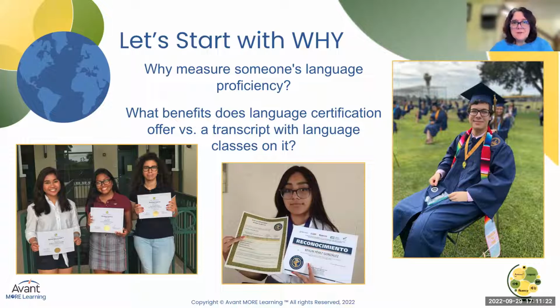And so it's much more specific. Measuring someone's language proficiency gives them feedback so they can improve, but it also celebrates that they've made progress. And I think that's been a really important piece. The other part about the why behind the whole, not just the seal of biliteracy, but also just this idea